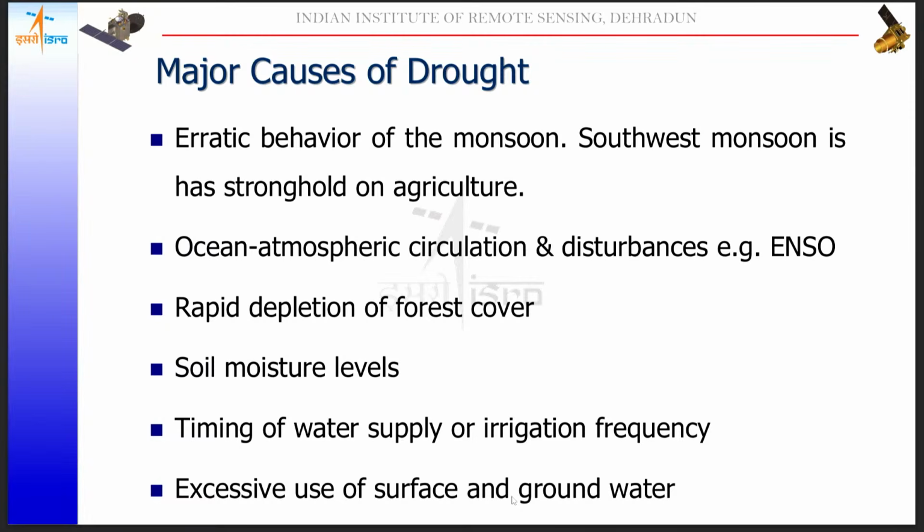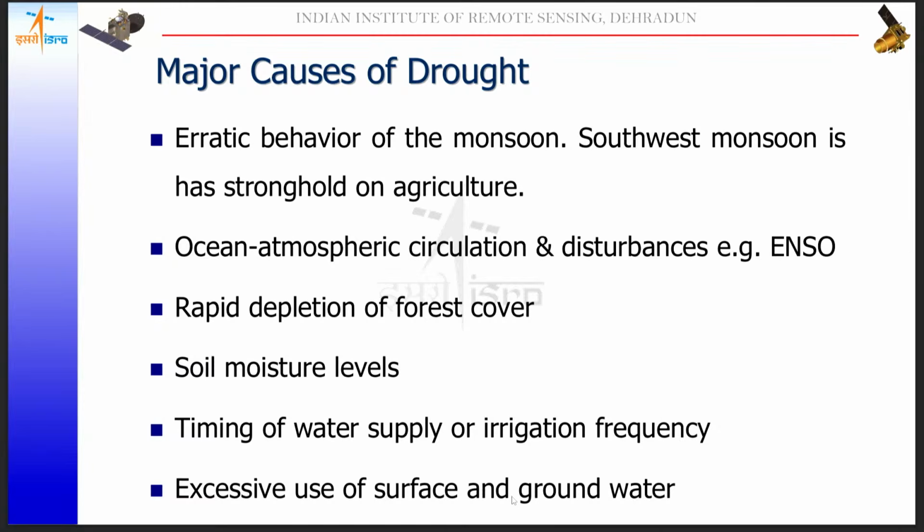Like in the case of the last point, take a farm which has groundwater, maybe in the form of an open well or dug well, with water available for one or two irrigations. But because of abnormal heat in the very initial phase of the crop growing time in the monsoon period, if the farmers use that one or two irrigations from the dug well or groundwater, that same farm may not have the next irrigation for its crop.